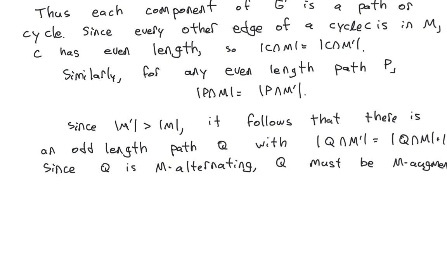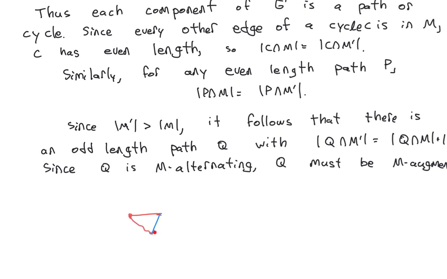Well, if we restrict to the components of the graph, you either get a path or a cycle. And since every other edge of a cycle is in one of the two matchings, we see that the cycle has to have even length. In other words, we can't have an odd length cycle